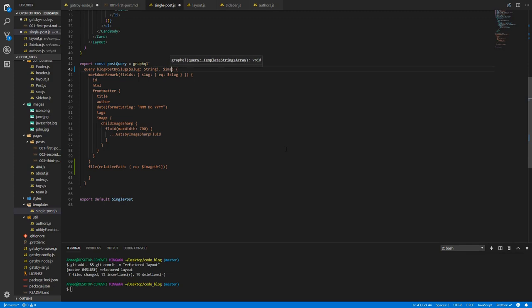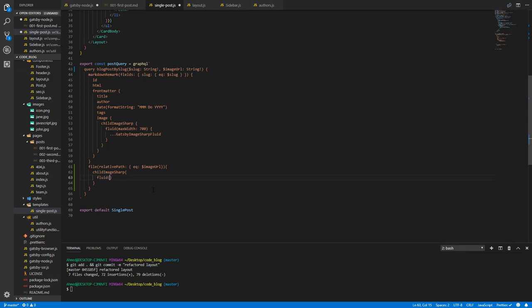So $imageUrl string, and this is required, so exclamation mark, and we need childImageSharp from here, and inside of that we need a fluid